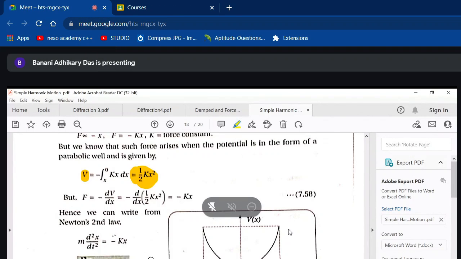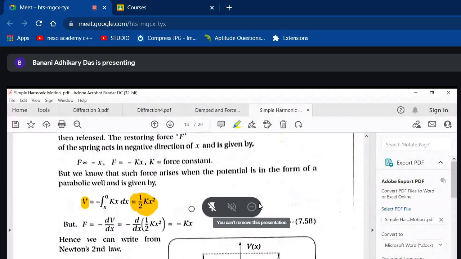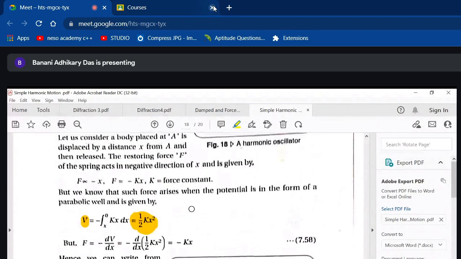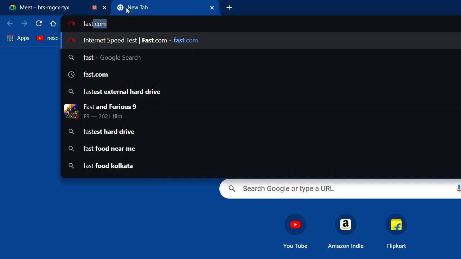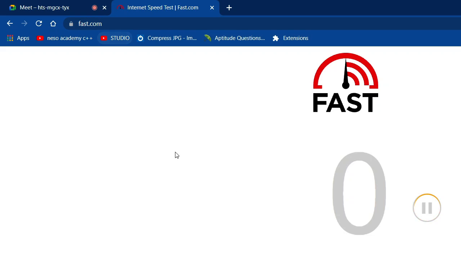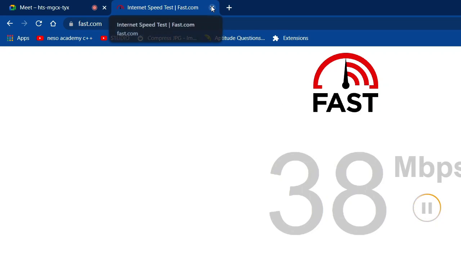So what is V in this case? V is equal to half kx squared. So this is another proof that the force for a harmonic oscillator can be represented as proportional to x, or equal to minus kx. Here we have assumed that F is proportional to x, F is equal to minus kx. In this part, we have derived that if you have a potential associated with a conservative vector field, then the force can be written as minus kx.